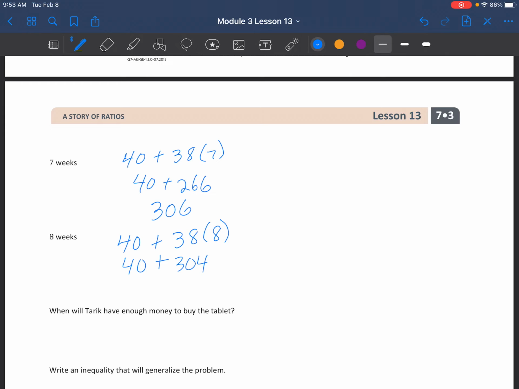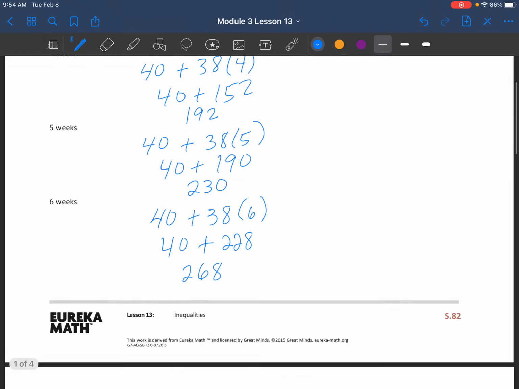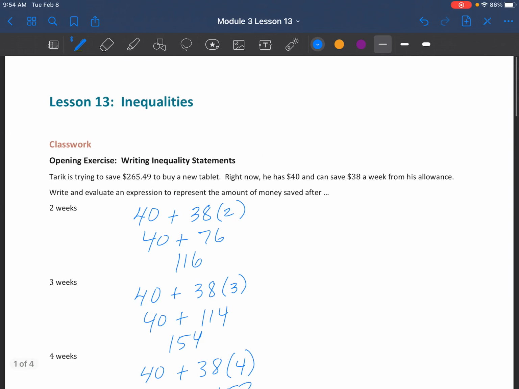And our last one here is 40 plus 38 times 8. And 38 times 8, that's 64. 8 times 3 is 24 plus 6 is 30. So 304 plus 40 is going to be 344. So